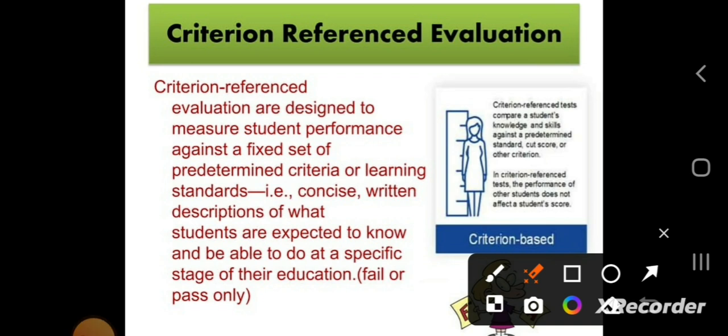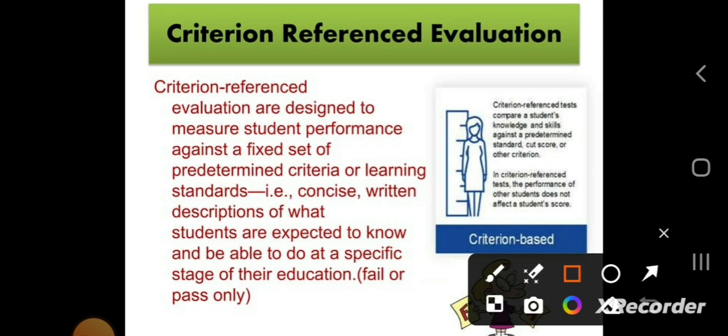Criterion referenced evaluation assesses an individual's performance based on specific learning objectives or standards rather than comparing them to others. It focuses on determining whether a student has mastered a particular set of skills or knowledge. Key points include